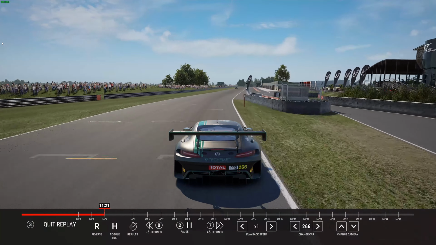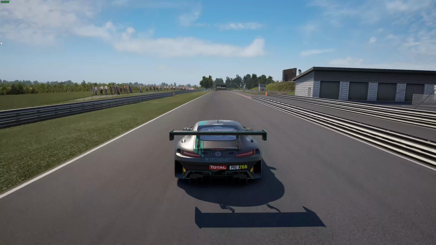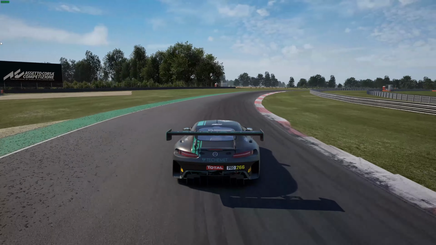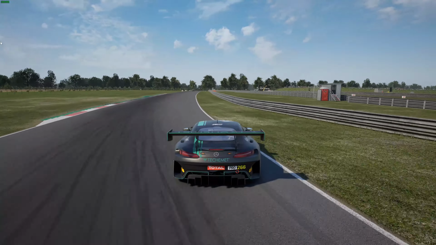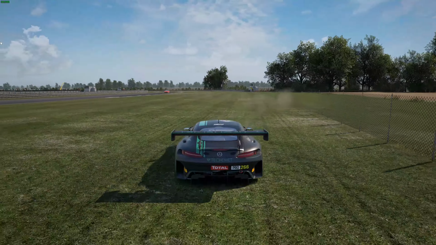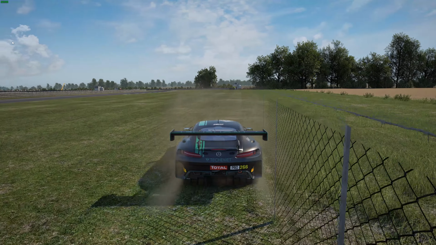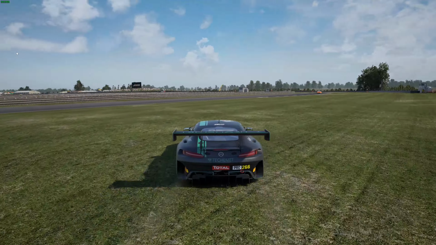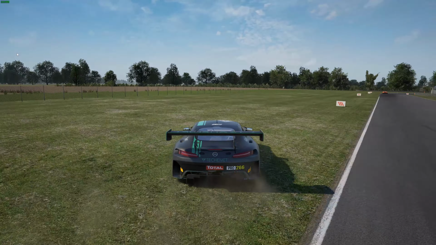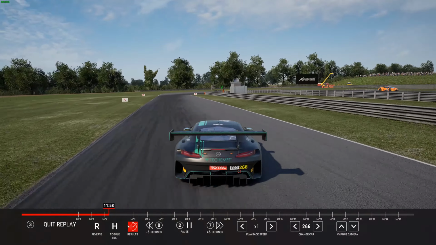Basically, just in turn one, I just drove in too hard and lost the rear end. Right there, and then I thought I could drive through it. Didn't. So, basically did some serious heavy damage, and had to limp back to the pits. It took a while because the car wouldn't go straight, and it was just a handful to get it back to the pits. So basically got back to the pits